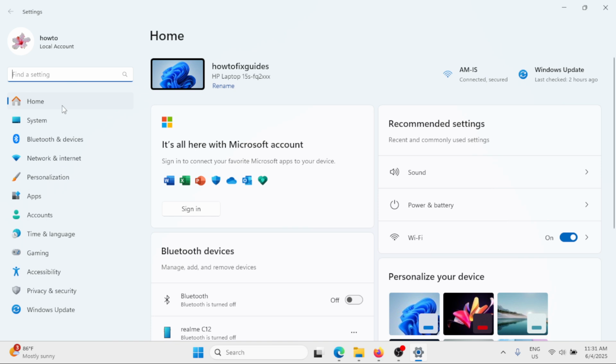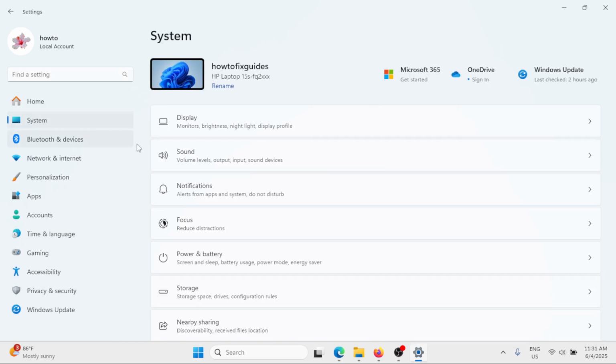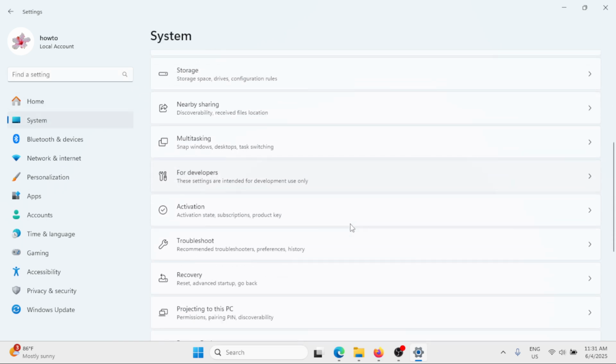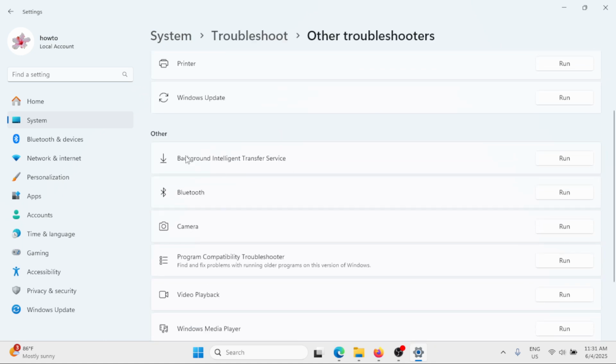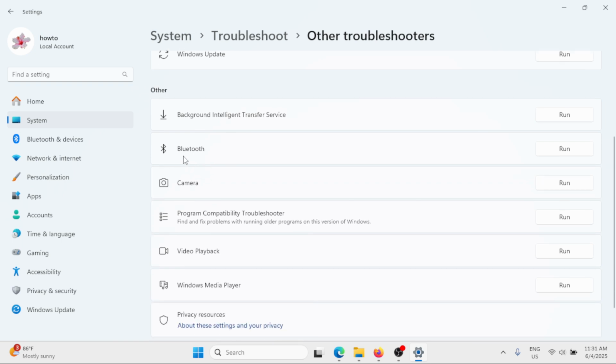Now here in the list of options on the left pane, click on system and then scroll down and look for troubleshoot. Click on other troubleshooters. Now here from this window, you'll find Bluetooth with a run button corresponding to it to